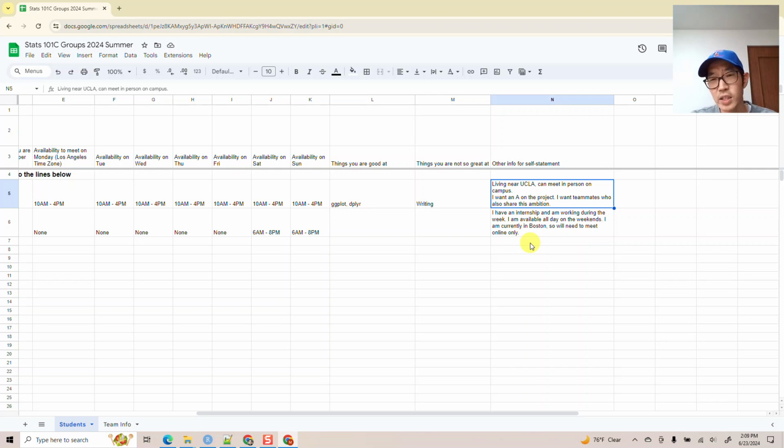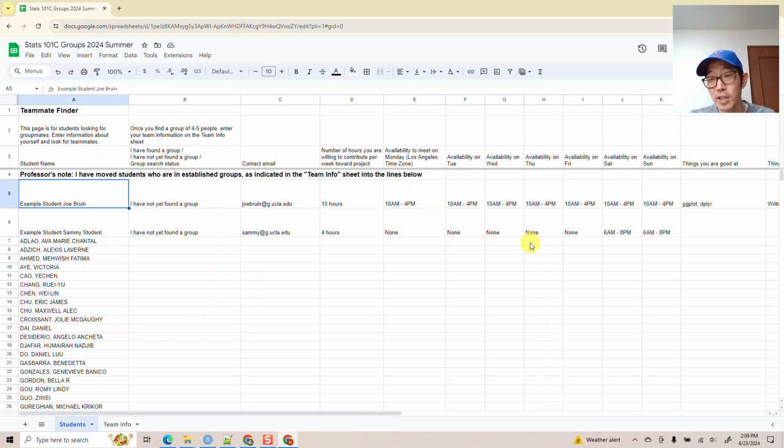Put that in there, and that way you can find teammates who are going to be compatible, so the expectations are clear up front. I know group projects can be frustrating. I've certainly been in my share of frustrating group projects, and I find